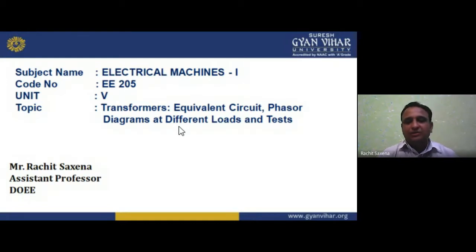So the machine which converts electrical power into mechanical power, M denotes motor. Motor uses electric power, DC motor. And if I want to convert mechanical power into electric power, that is a generator. So we have motor and generator. The generator works on Faraday's law of electromagnetic induction, and the motor works on electromagnetic interaction.